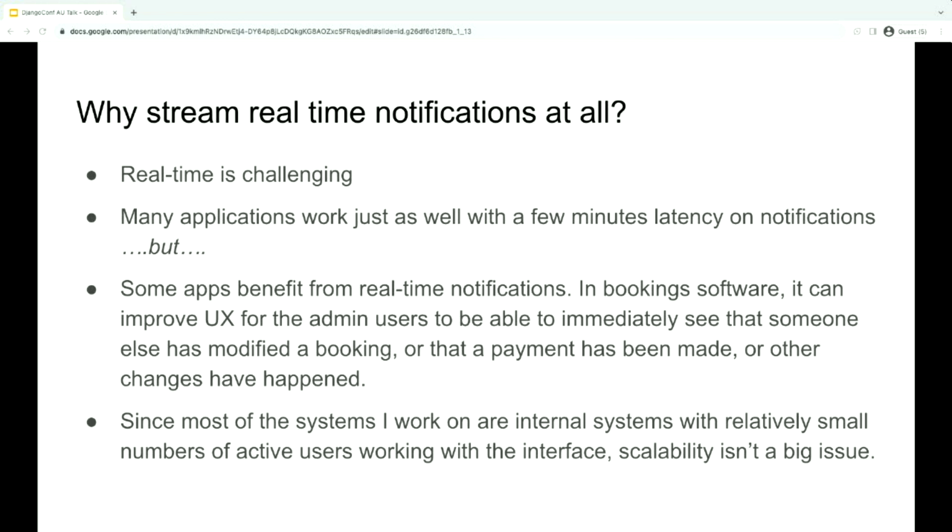One of the other things that's a problem with real-time notifications is trying to scale that up. Trying to handle hundreds of users can be challenging. Fortunately, with these particular applications, generally I'm talking about 10 to 20 users at most. So it's a relatively small number of users, so I don't have to worry about some of those scalability issues. But it's worth being very clear about this, that there is definitely a significant overhead to doing things in real time, to trying to stream updates and that kind of thing. So not everyone's going to want to do this, and if you need to scale it up, there are definitely challenges. I'm not going to cover very much of that in this talk,